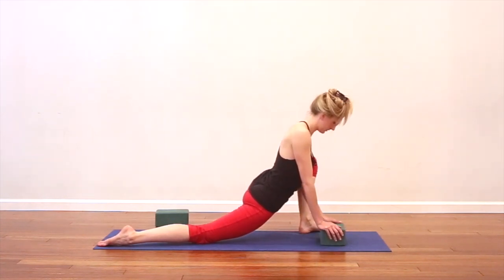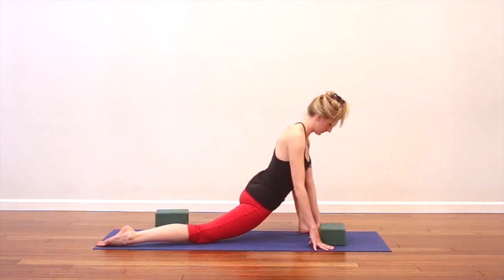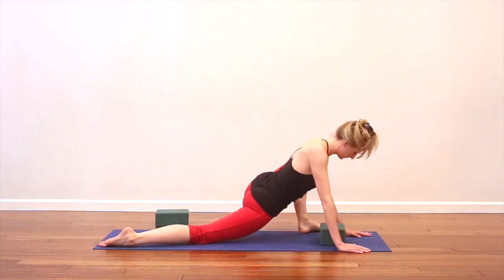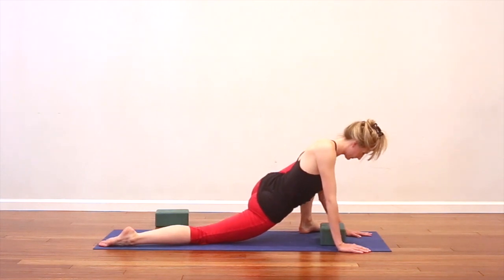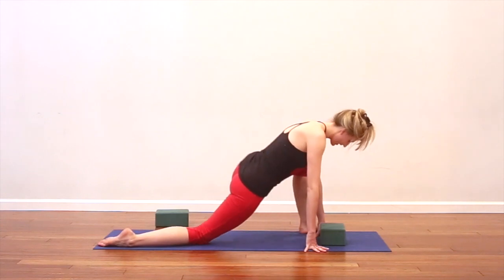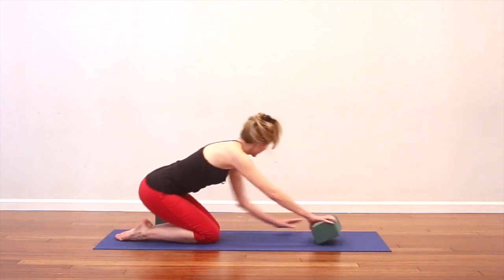Good. Just hear your breath. Good, and then take the hands underneath the shoulders if they're not already. Take the leg back. And instead of child's pose this time, we're going to come into down dog,